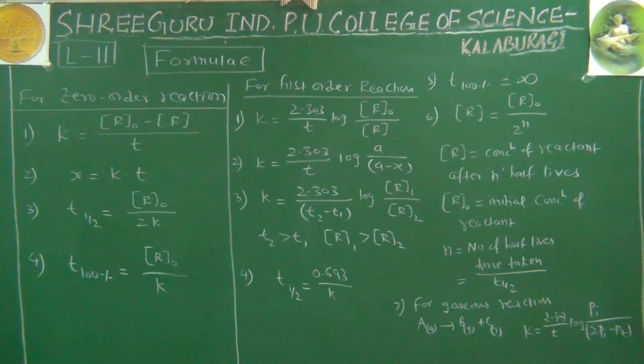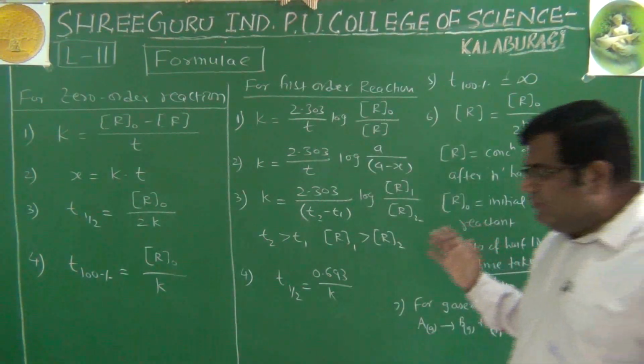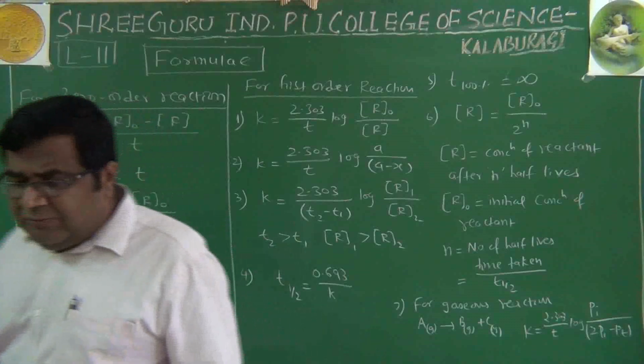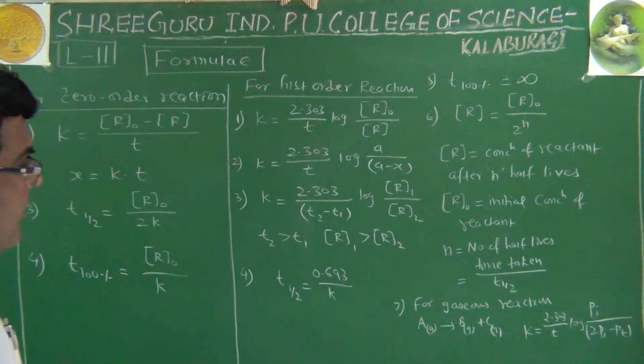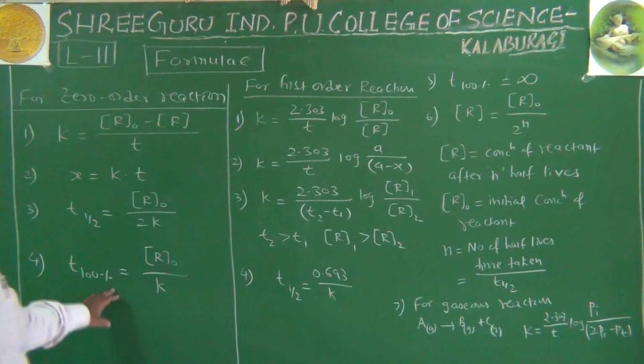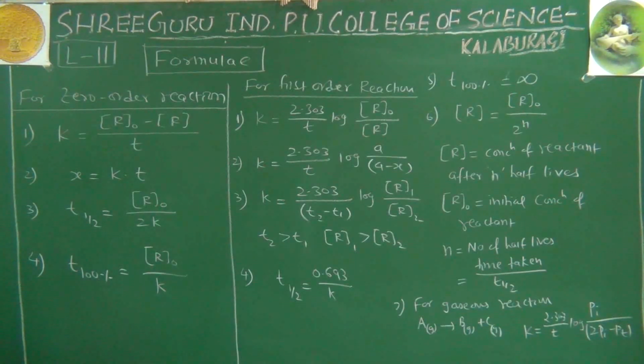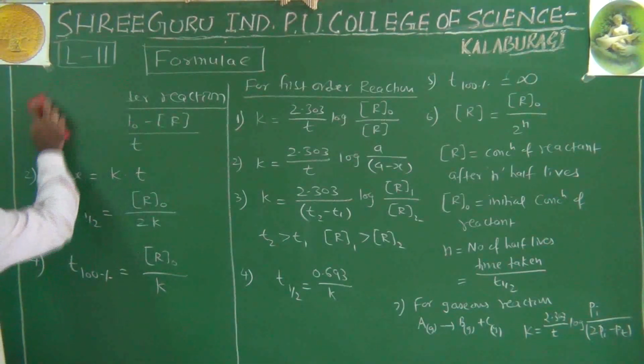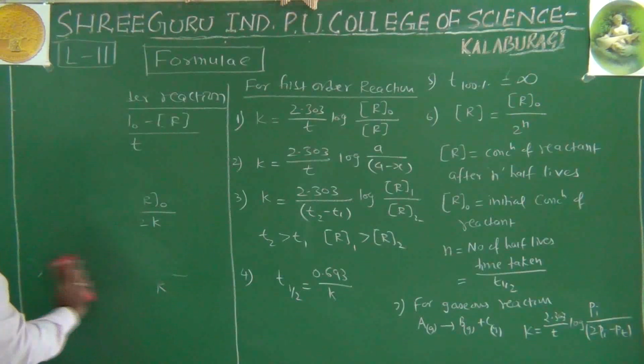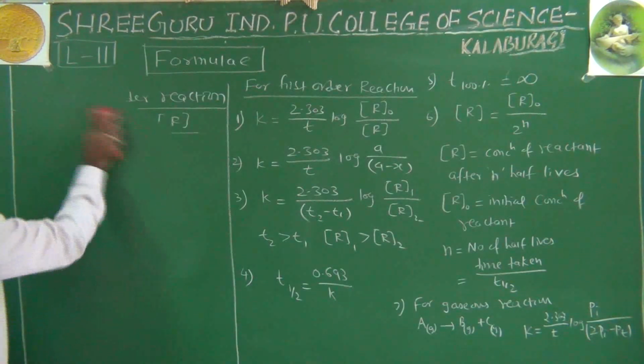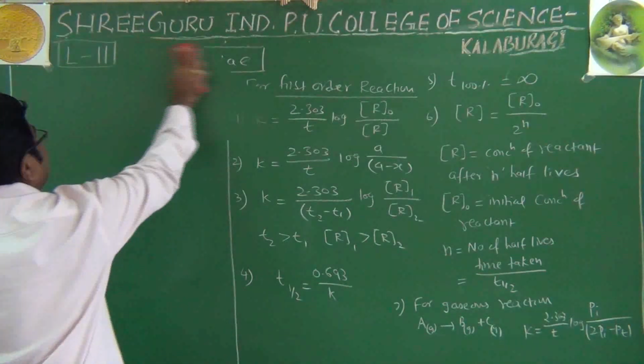You have to understand the terms involved in them, and what their significance is in the formula, so that when you read the question you can solve them properly. Now, apart from this formula part, one more important part is the graphical representation. So, all the graphs we have seen in the zero order as well as first order reaction.